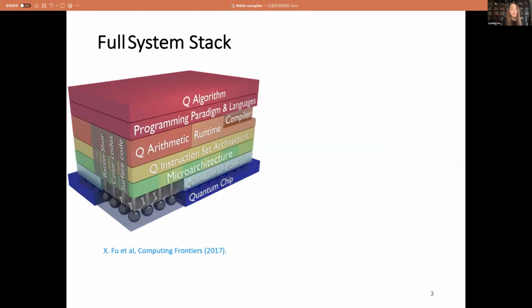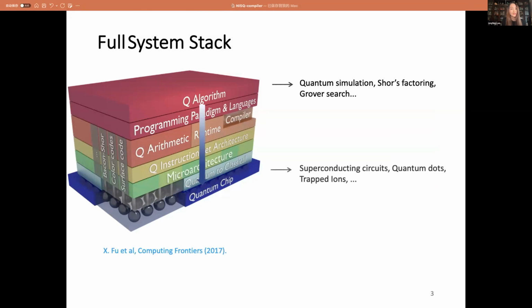So this is the full system stack of quantum computers, and our goal is to implement quantum algorithms, for example, quantum simulation algorithms and Shor's factoring algorithm, on a real quantum chip, such as superconducting qubits, quantum dots, or trapped ions. This implementation requires different layers.